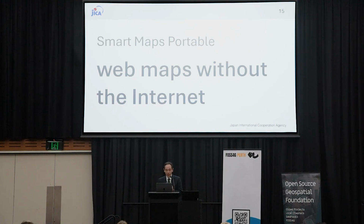This is how I use Smart Maps Portable. I would say this is web map technology, but we are actually independent from the internet. We can use web map technology because this is really good technology and the browser is really good software. But we can go without the internet connection so that we can start small, we can learn a lot, we can experiment with this technology, and if we are confident enough, we can move to the internet,